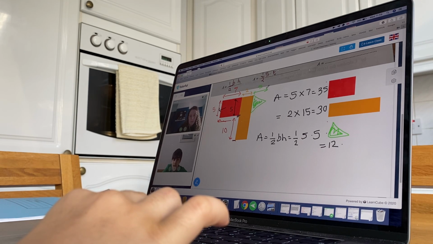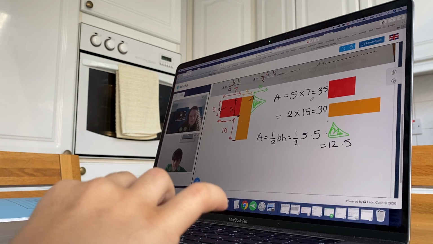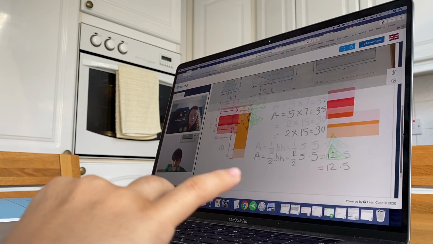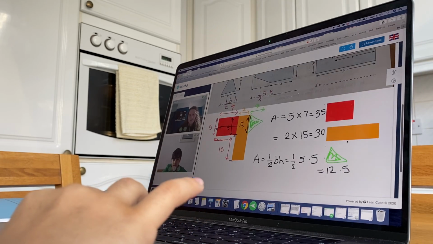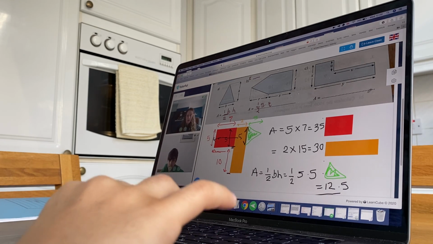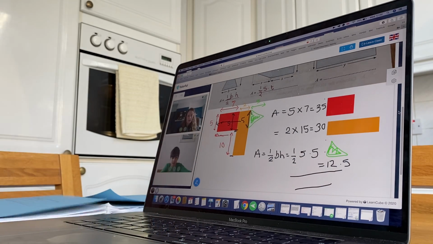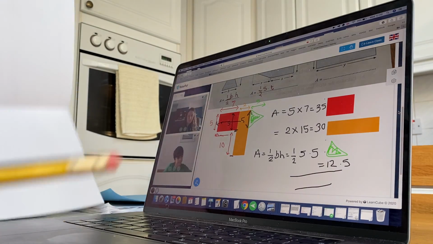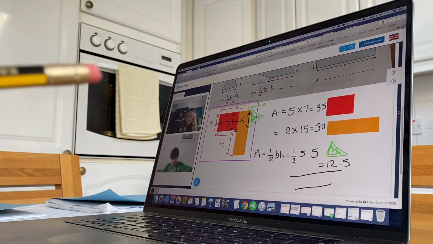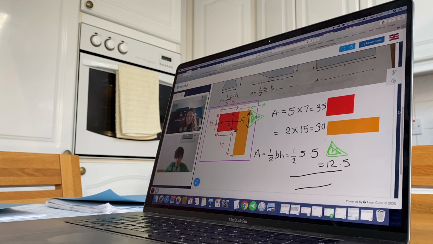Does that make sense? Because this one's 5 from that one as well. And this is 5, so we'll half it. So what's the total area of the whole shape then? You can just add them up. 35